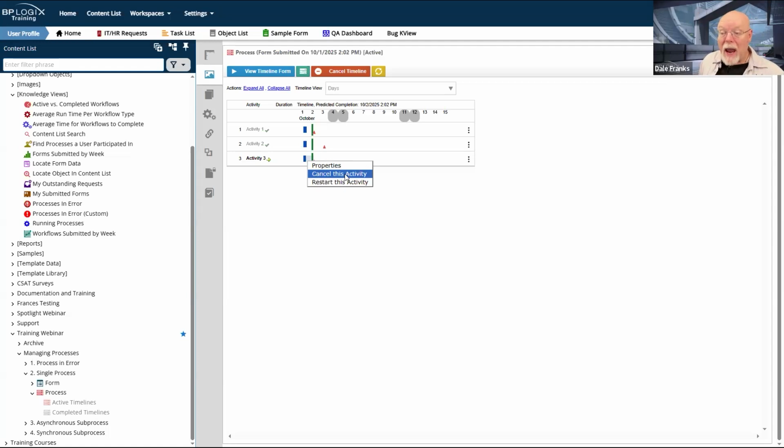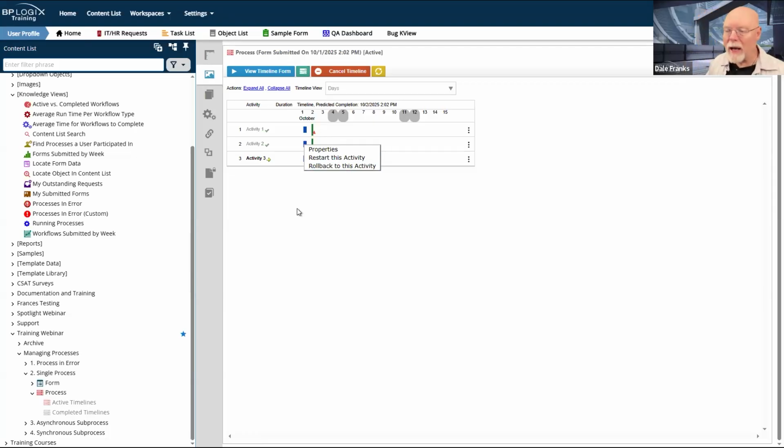I have the ability to cancel an activity if I no longer want it to run. Now, if you cancel the activity, that counts as a type of activity completion. So it doesn't cancel the entire timeline. It only completes this activity with the result of admin canceled. And so whatever is supposed to happen when this activity is complete will happen. So let's say I was in activity 2 and I canceled activity 2, which I can't because this activity is complete. I have other options for that.